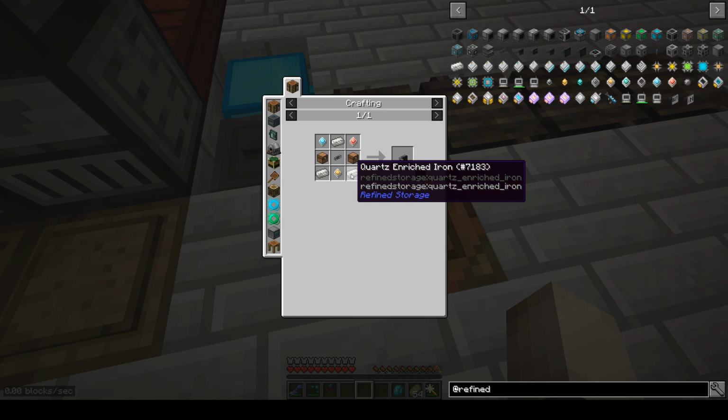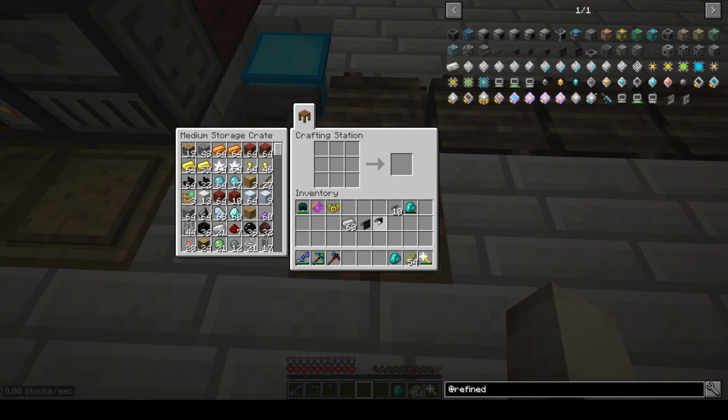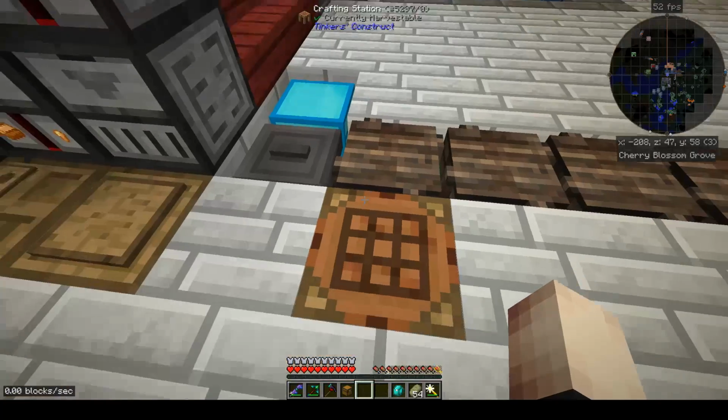I already got the cable, already got the iron. Okay, let me make this. And external storage is done. Okay, now the other way you could go, and I'm going to do external storage and a chest, and the